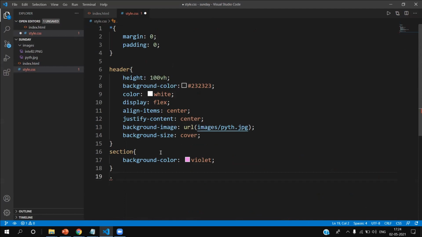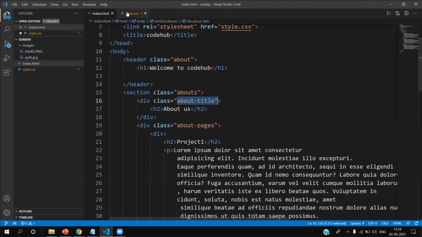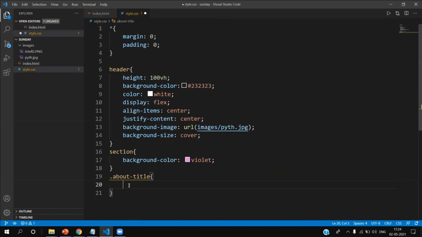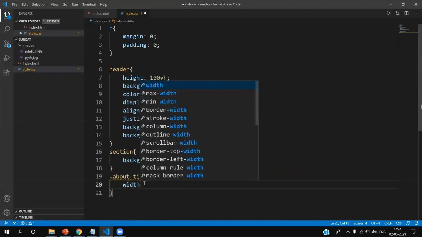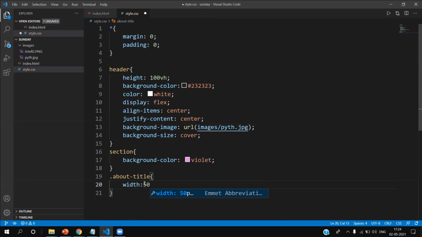So dot, what was that? About title, right? Dot about title, yes. Dot about title. Now we will give this a width of 50%. Why 50%? Because we are making it into two halves, right? Left section and right section. So we have to make its width 50%, and we have to give the height as 100 VH, because